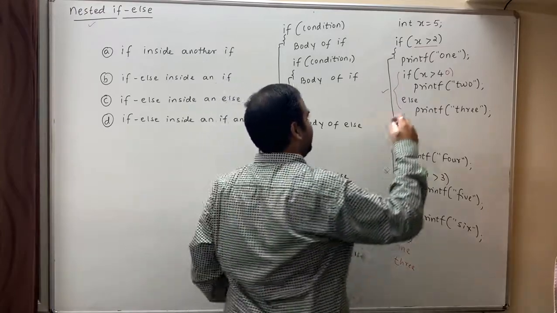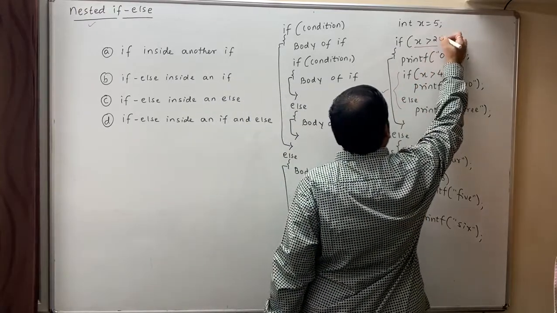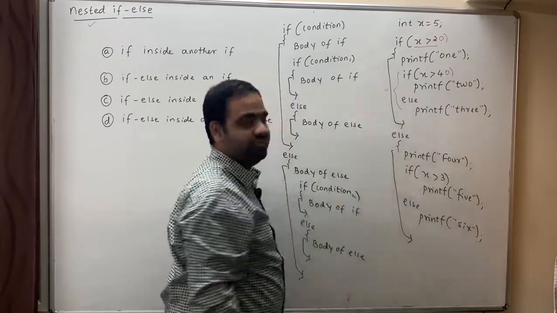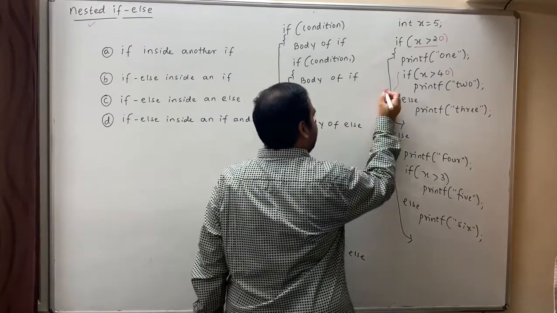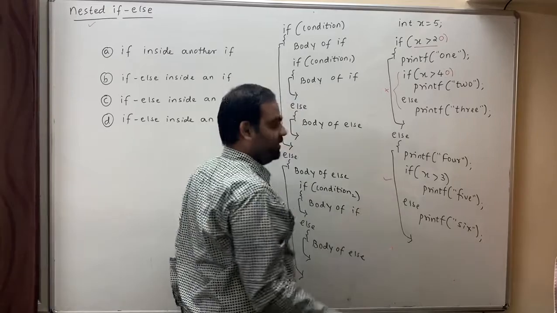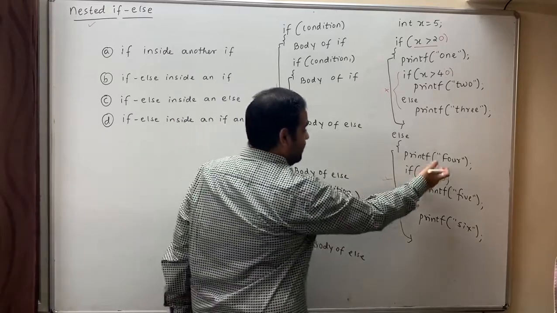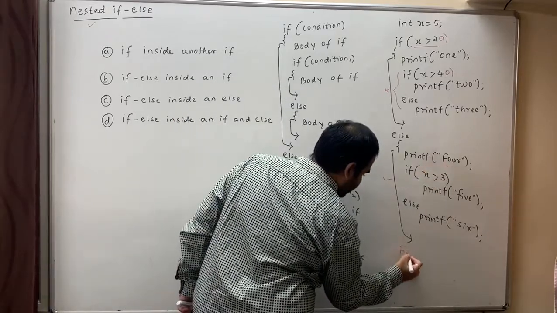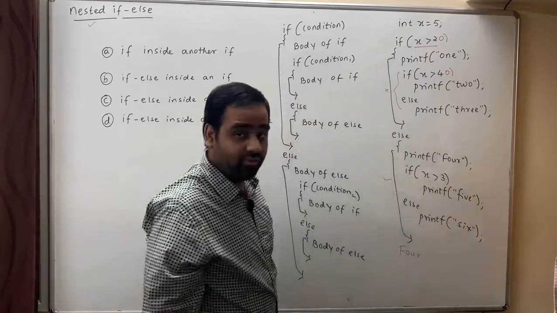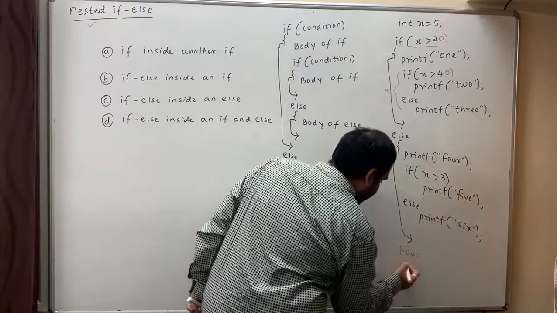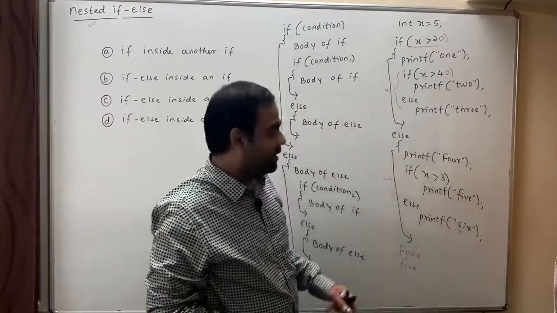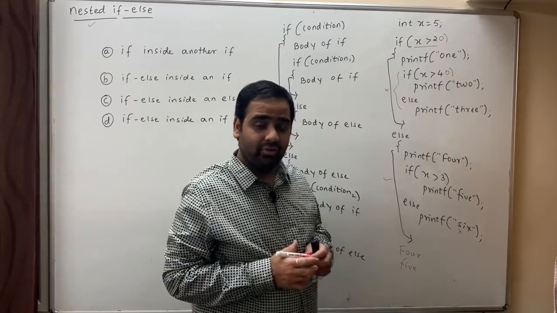Now let's take the other example, and I say x greater than 20, and let's see how this program behaves. x greater than 20 is false, therefore the body of if doesn't evaluate, but the body of else should be evaluated. Now when we evaluate the body of else, the first thing is it will print 4, and it will check x greater than 3. Yes, x is greater than 3, and it will print x as well, but the body of else should not be executed since the body of if has been executed.